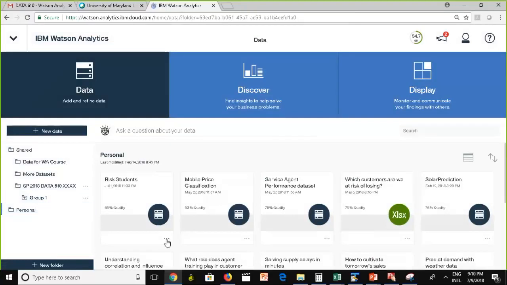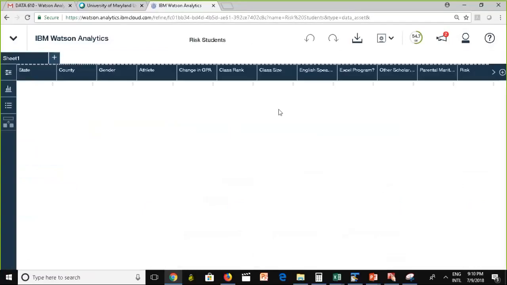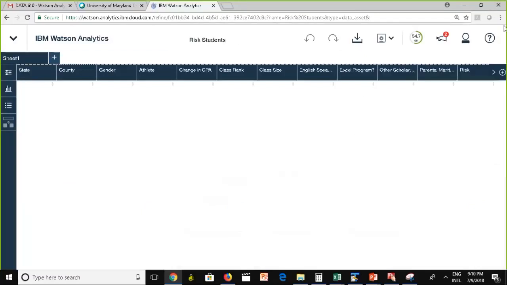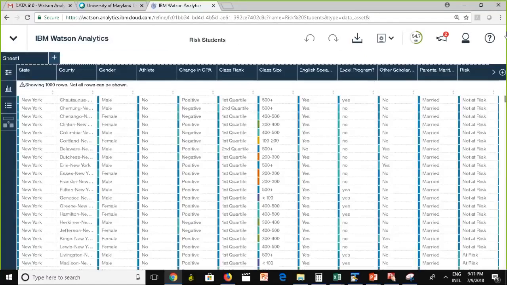To do this, you can go to Refine, right, and you would need to click on Save As, right,